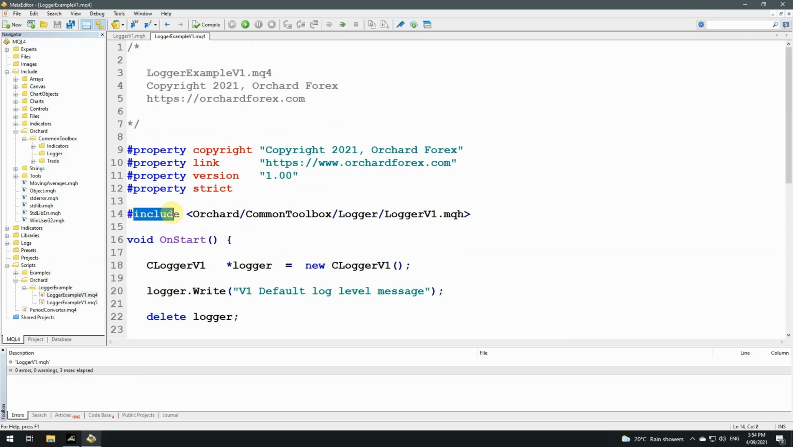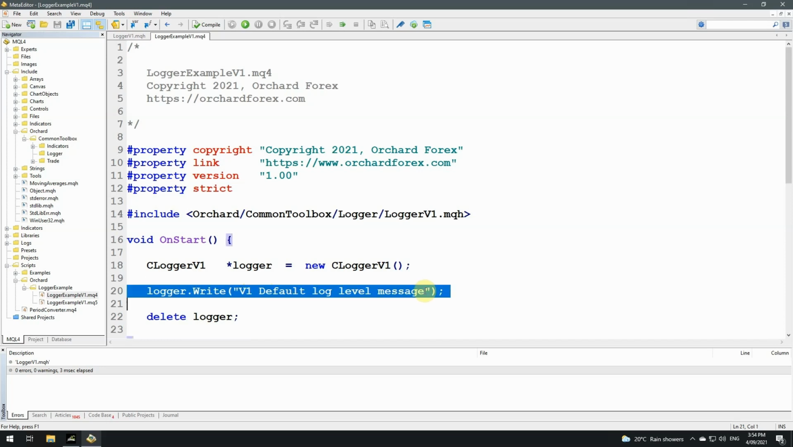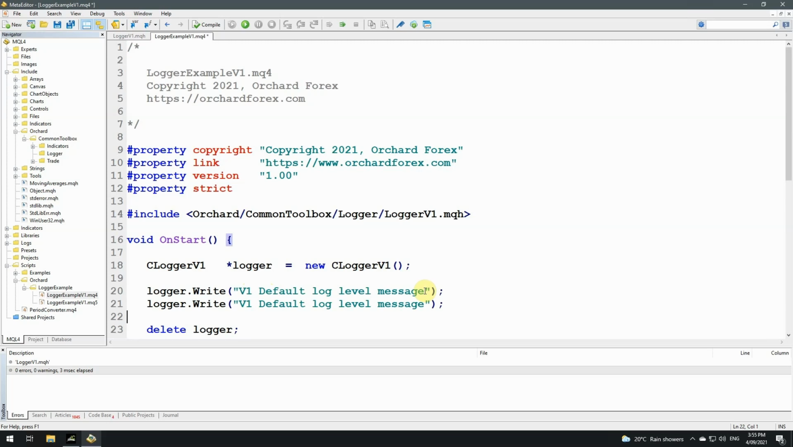So I just have a simple include statement of orchard common toolbox logger v1.mqh, and then I'm creating an instance, CLoggerV1 asterisk logger, so it's a pointer to an object of type CLoggerV1, and I'm creating that with the new CLoggerV1 statement. There are no arguments to the constructor for this, and then I'm simply calling the logger.write function, and the string I'm going to pass in is v1 for version 1 default log level message. I might actually duplicate that and write 2 of them. So that will simply call the logger and write these 2